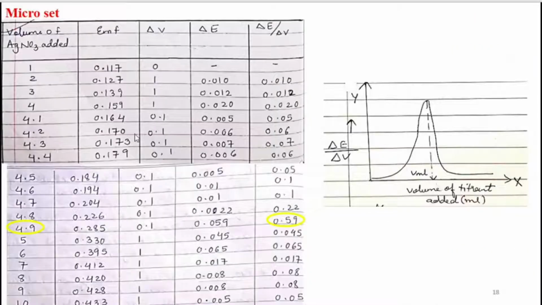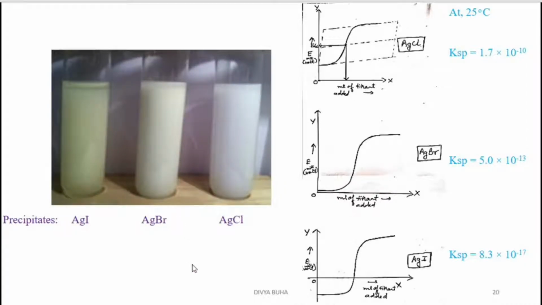So from the readings also you can get to know which solution is there. From the precipitates also you can get to know what is being given to you, because sometimes in exams you won't be told which silver halide is being given to you. So with the help of the precipitates you can get an idea, because the precipitate of AgCl would be white, for AgBr it would be slightly yellow, and for AgI it would be more yellowish. So from the precipitates you can get to know which silver halide is being formed, and from the graph also you can get to know.